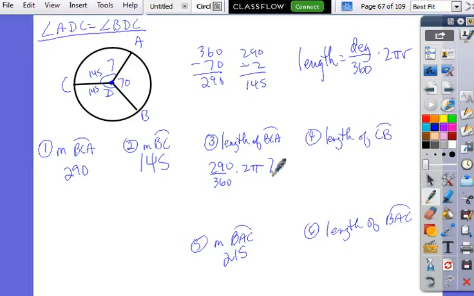All right, finish that problem and then do number 4 and 6. All right, how do I finish this one right here? What do I get? 35.4. What is the setup for number 4? What's the degree for CB or BC? 145 over 360 times 2 pi 7. Notice the only thing that changes is the degree. Everything else stays the same. Should get 17.7. And then length of BAC, I use the degree over 360 times 2 pi 7 and get